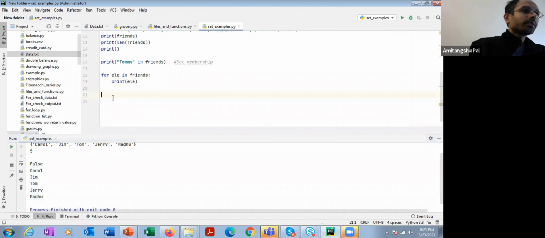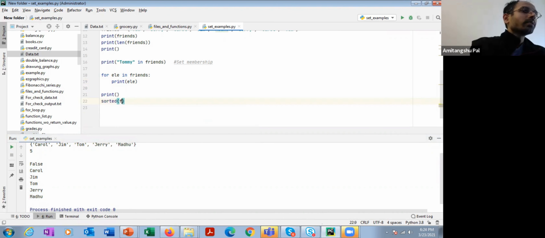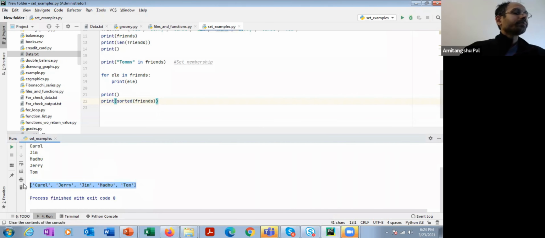Now, suppose you want to sort the elements of this set. So there is a function called sorted. Okay. If you pass your set inside this sorted function and print the output, what you will get is the following. There are 2 points that you need to note. First is that this is sorted in alphabetical order. Okay, that's the first thing. Second thing is that this has become a list.